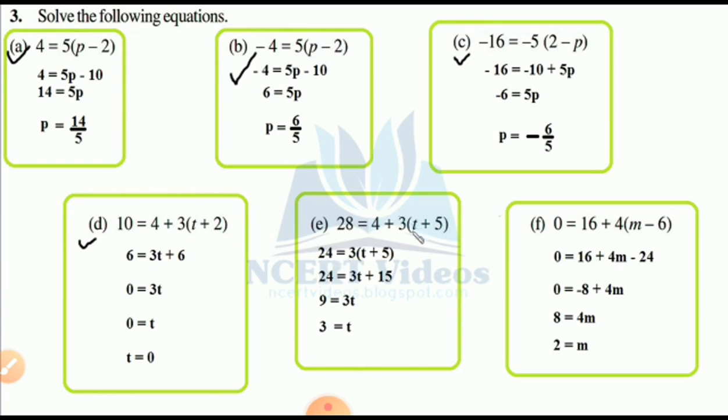Can you imagine why it's a 24? Yes, see both the sides. Right side 4 is missing. That means 28 minus 4, which gives us 24. Right side now only 3t plus 5. So 3t plus 5, 3 is a 15. Okay, why it's a 9? Anyone has the idea? Yes, you are right, my dear student. 24 minus 15, which gives us 9. And why it's a 3 only? And right side only t, because divided by 3 both the sides. 9 divided by 3 gives us a 3, and 3t divided by 3, that gives us a t only.